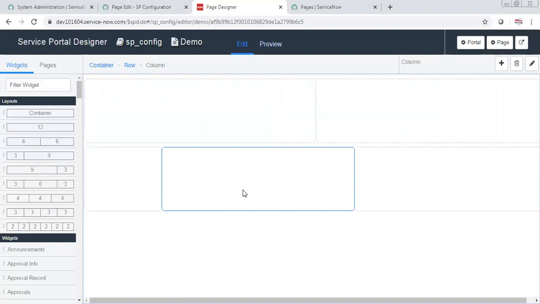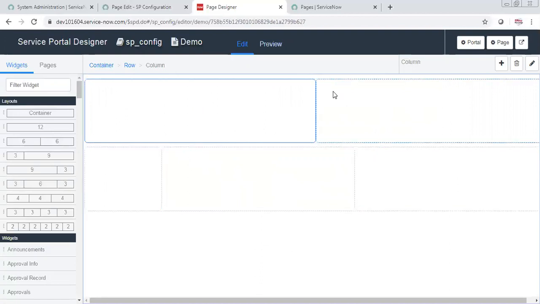Okay. Now once you put the container and then under that columns, like how you want your page layout to be, then the third thing that will come is the widget. Now inside these columns, what you want to display or show to the user, because we still didn't put any data here.